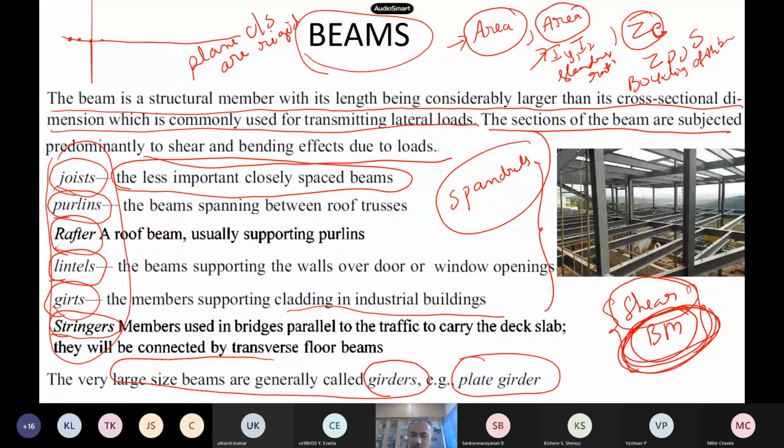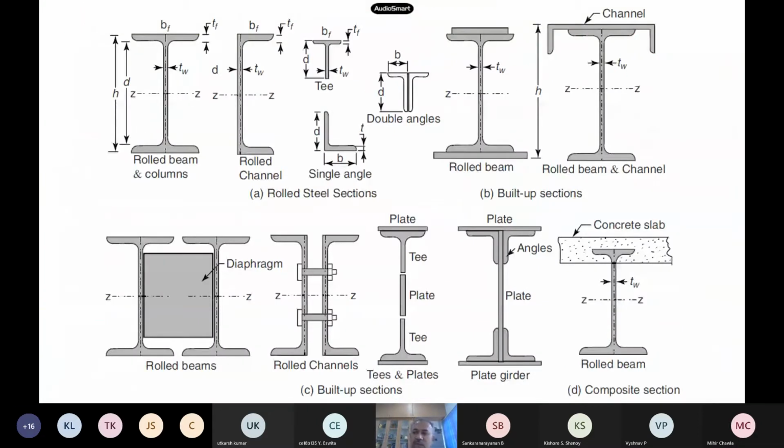This is the most important thing: a girder is different, a beam is different. Of course, a girder is also a beam only, but the design steps are slightly different for girders. So from the steel tables, we have the building blocks, like I section, channel section, and all other things. All of them can be used for beams. The most important section, widely used for beams in ordinary buildings and others, is the I beam, the widely used beam member.